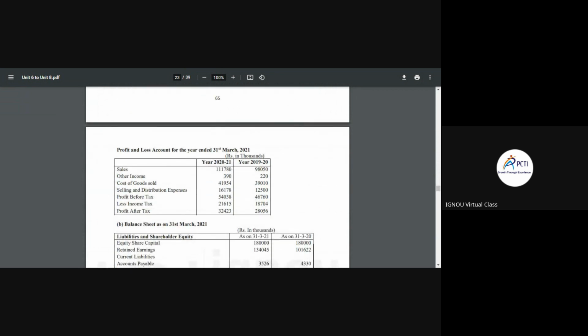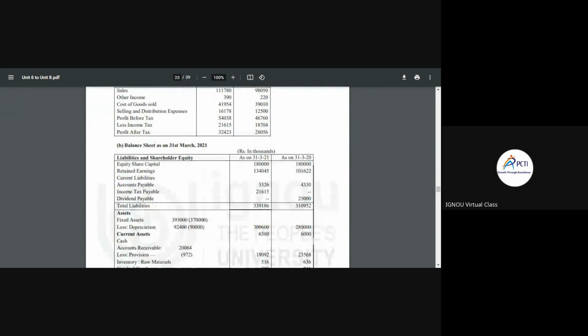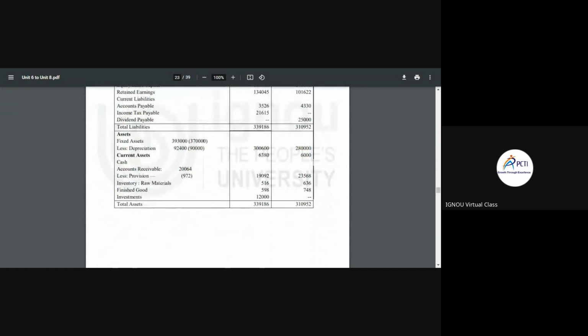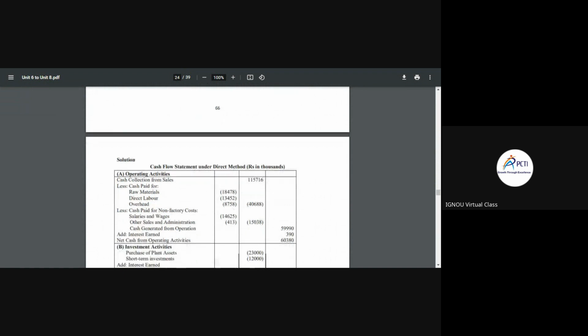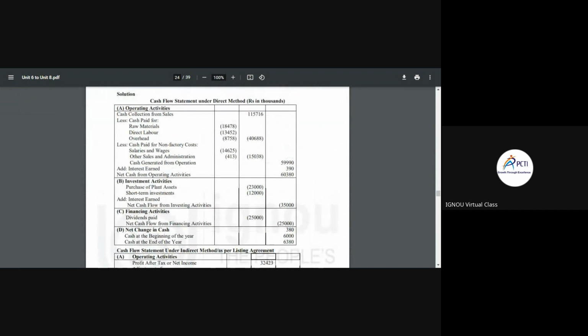First of all, we have a P&L account as on 31st March 2021, and we have a balance sheet on 31st March 2021. From this, we need to solve a question. From the direct method, first of all, we need to calculate the operating activity like cash collection from sales. Then we deduct cash paid for raw material, direct labor, overhead. Then we deduct,